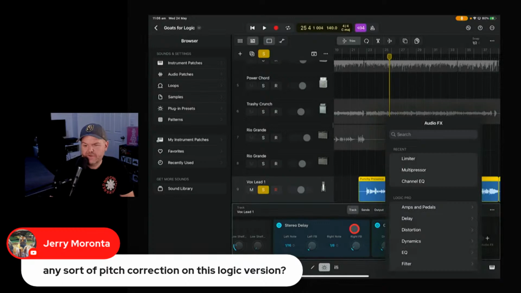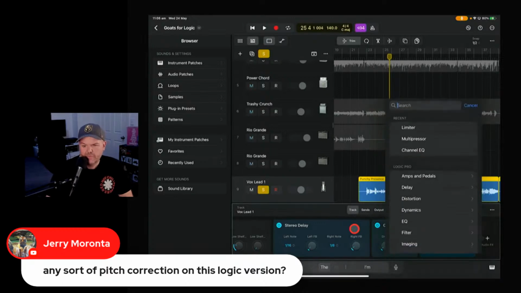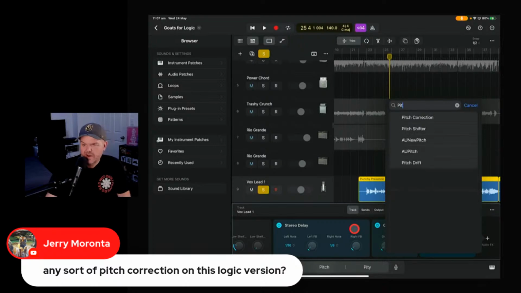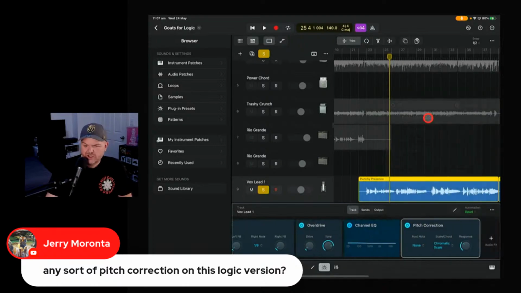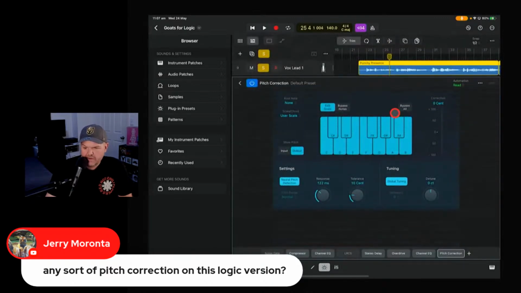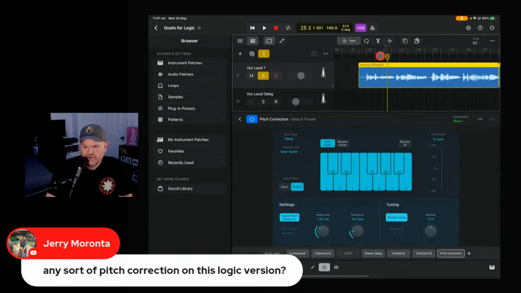So I don't actually have the, what do we call it? Pitch. But let's just come in here and type in pitch correction. So yes, we do have the pitch correction, which looks like it's actually got a bunch more options here than what our GarageBand version does. Let's just embiggen that so we can see what we got. So you got tuning there, you got your settings. It's basically more like a Melodyne or an auto tune that we have in here, which is pretty good. Let's just play with it.